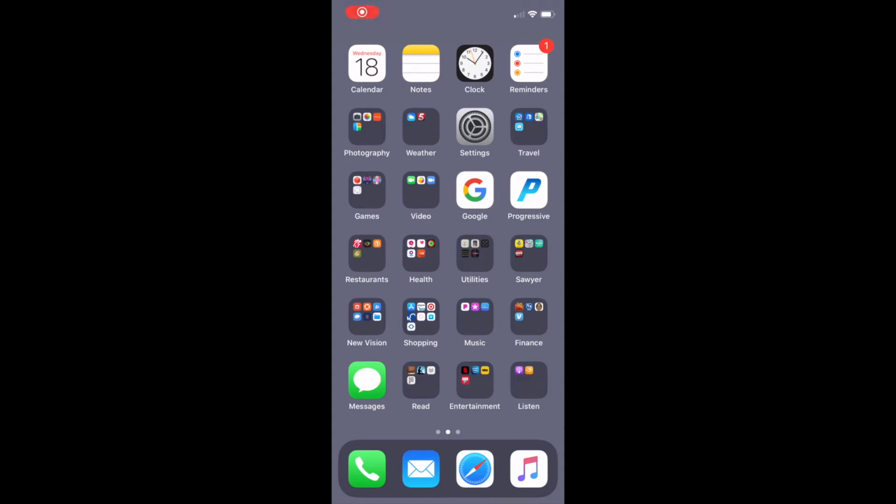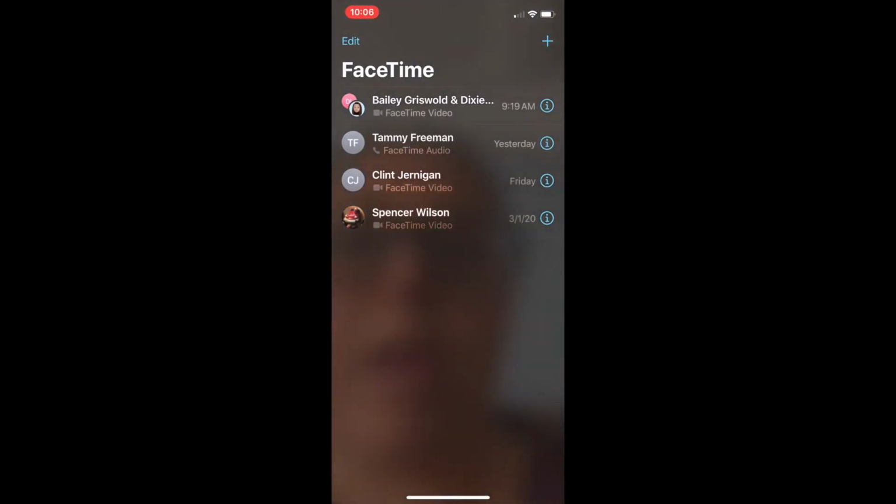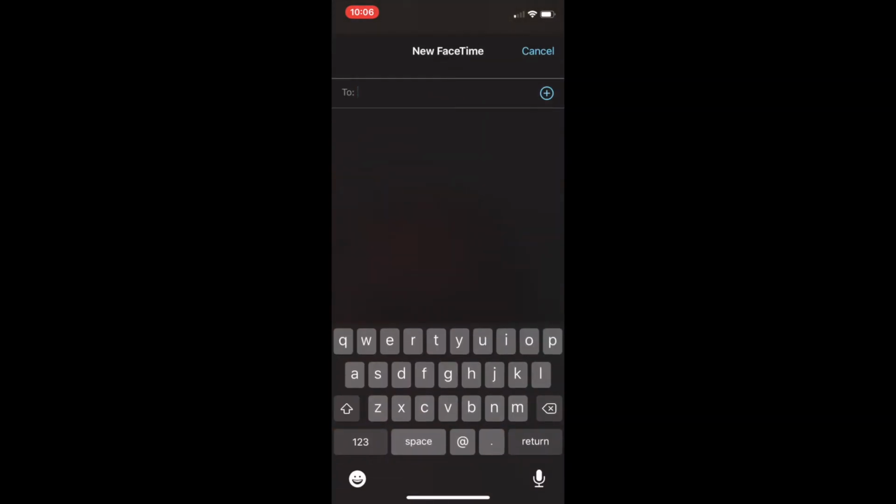So the way that you can do a FaceTime video chat is go to your FaceTime app on your iPhone, click on that, and we're going to press that plus button up there, and I'm going to add some friends or whoever. You could add whoever is in your small group. Don't press the audio button, press the video button, and you would be able to see each other that way,